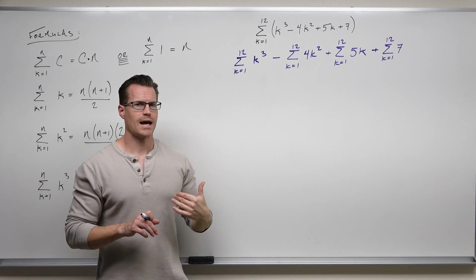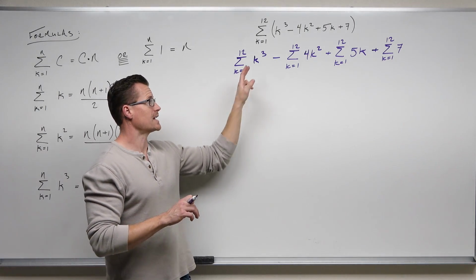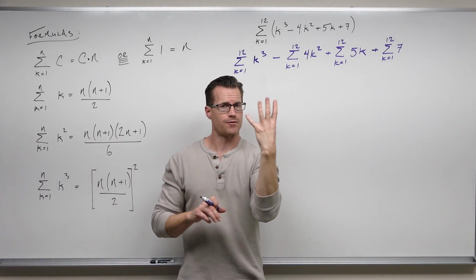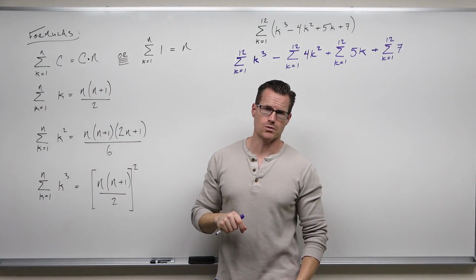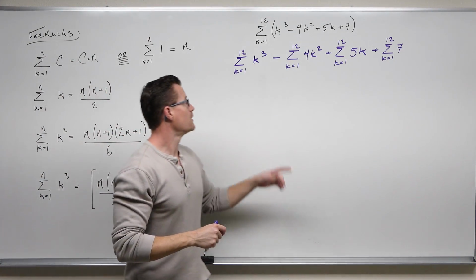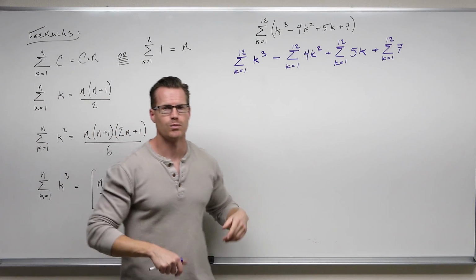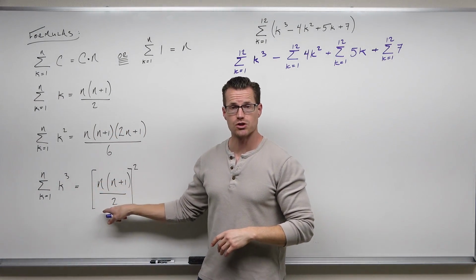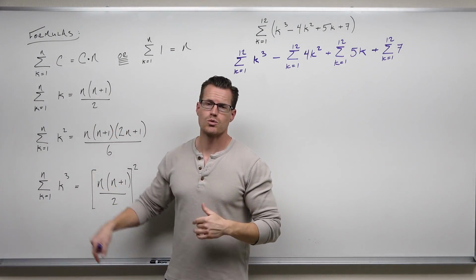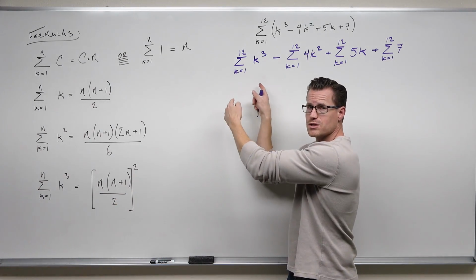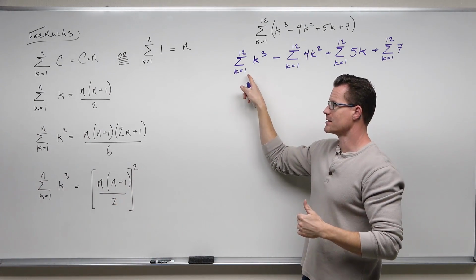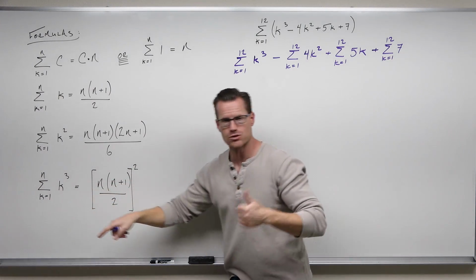Now, there's some more work that I have to do. I need to make sure that the insides of these 4 series, separated by the 4 terms that I had, match up with one of these formulas I've given you. So we're going to do that. This is great. K cubed is done. We love that. We're going to have a formula for that in just a minute. In fact, it's going to use the 12 that I referenced. I'm going to be putting, for this one term, this one series, I'm going to say this starts at 1. That's what I wanted.